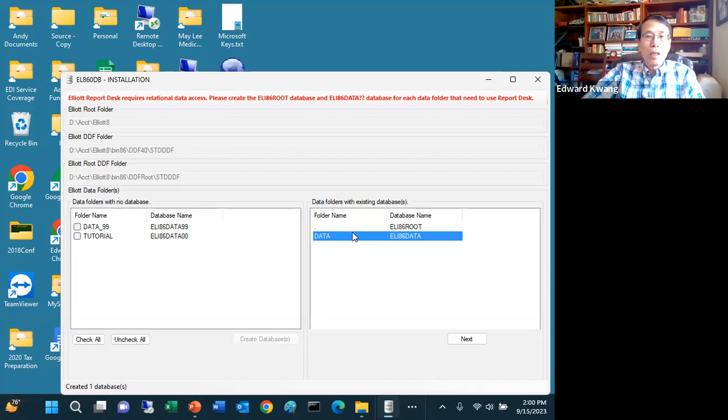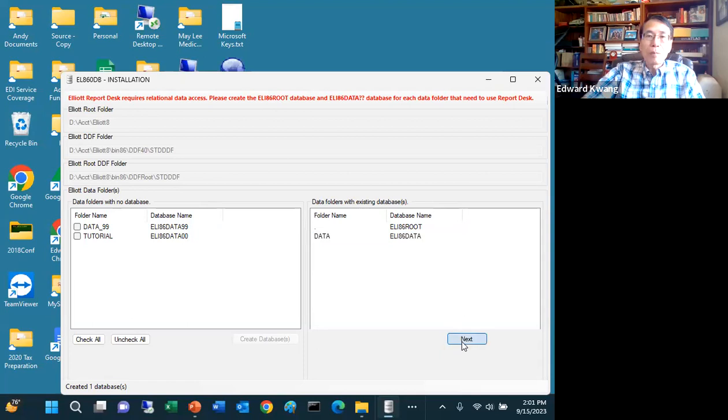In Elia 8.6, we support Report Desk and Power Search, and both these functions rely on the relational database engine. So you need to use this process to create the relational database name associated with the data, and then you can use those functions. This is not a requirement in the prior version, but it becomes a requirement for Elia 8.6.